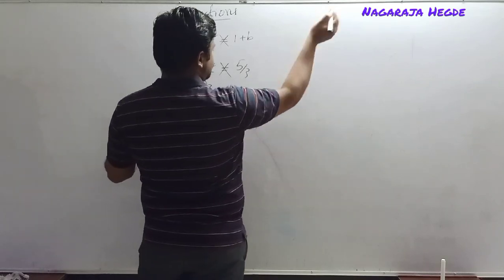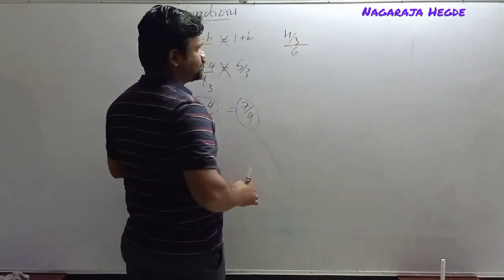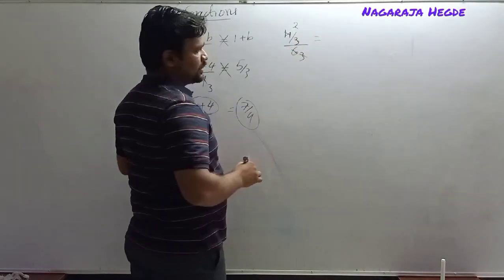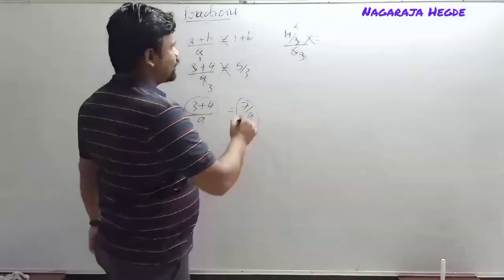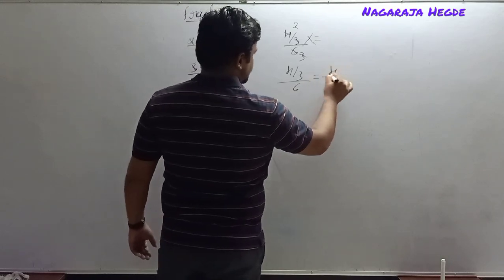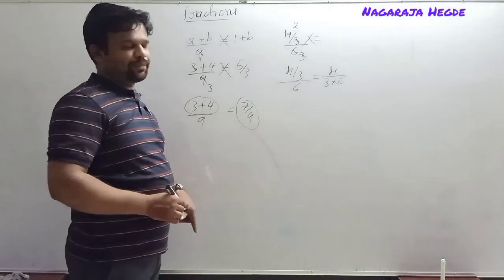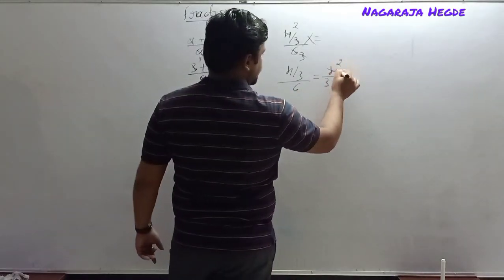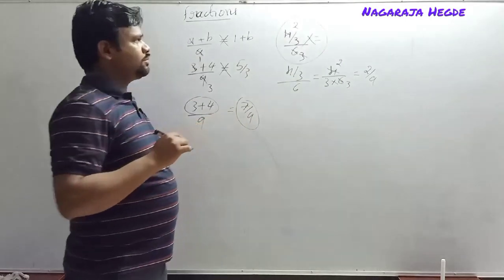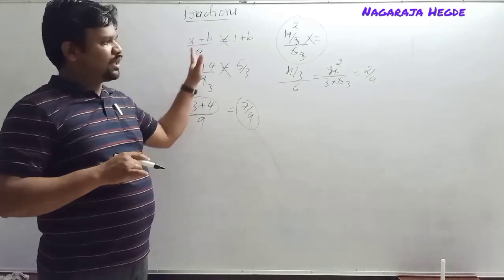And one more common mistake like this: 4 by 3 divided by 6. Students cancel 2 2s are 2, 3 3s are 3, so the 3s cancel like this. This is the wrong concept. How to simplify 4 by 3 divided by 6? We can write 4 divided by 3 into 6, as I explained earlier, A by B divided by C is A by BC. Now we can simplify: 2 2s are 2, 3 3s are 3, so we can write 2 by 9. This is the common mistake students make even at PU level. So please be aware of all these things.